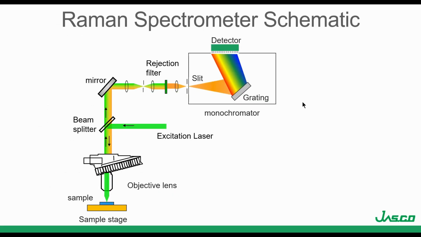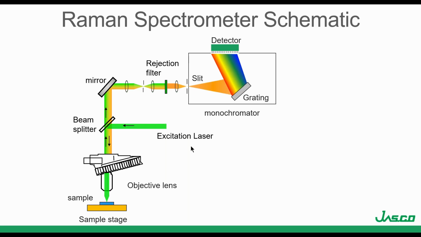So this is the schematic of a Raman spectrometer. And this was explained in the basics of Raman, but today I just want to emphasize 3 different parts. I'm going to be looking at the objective lens, sample stage, and the detector. Just to review,